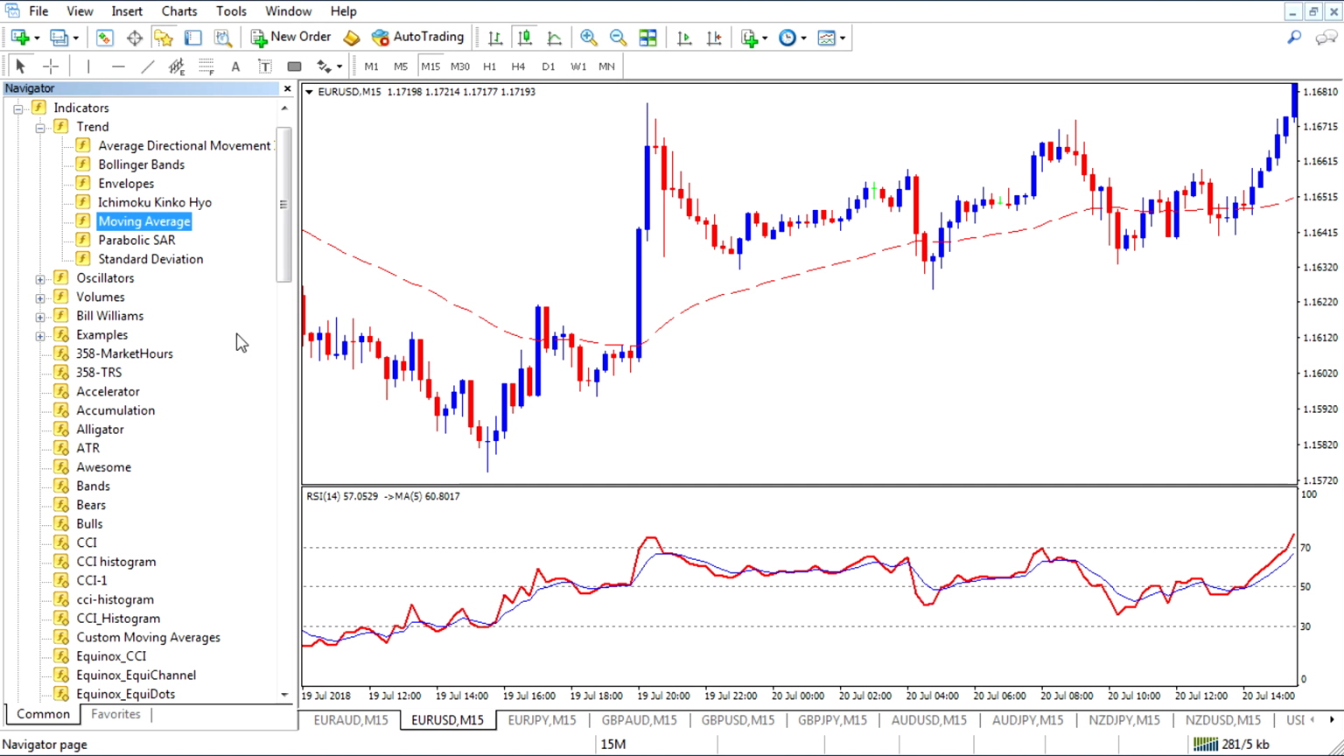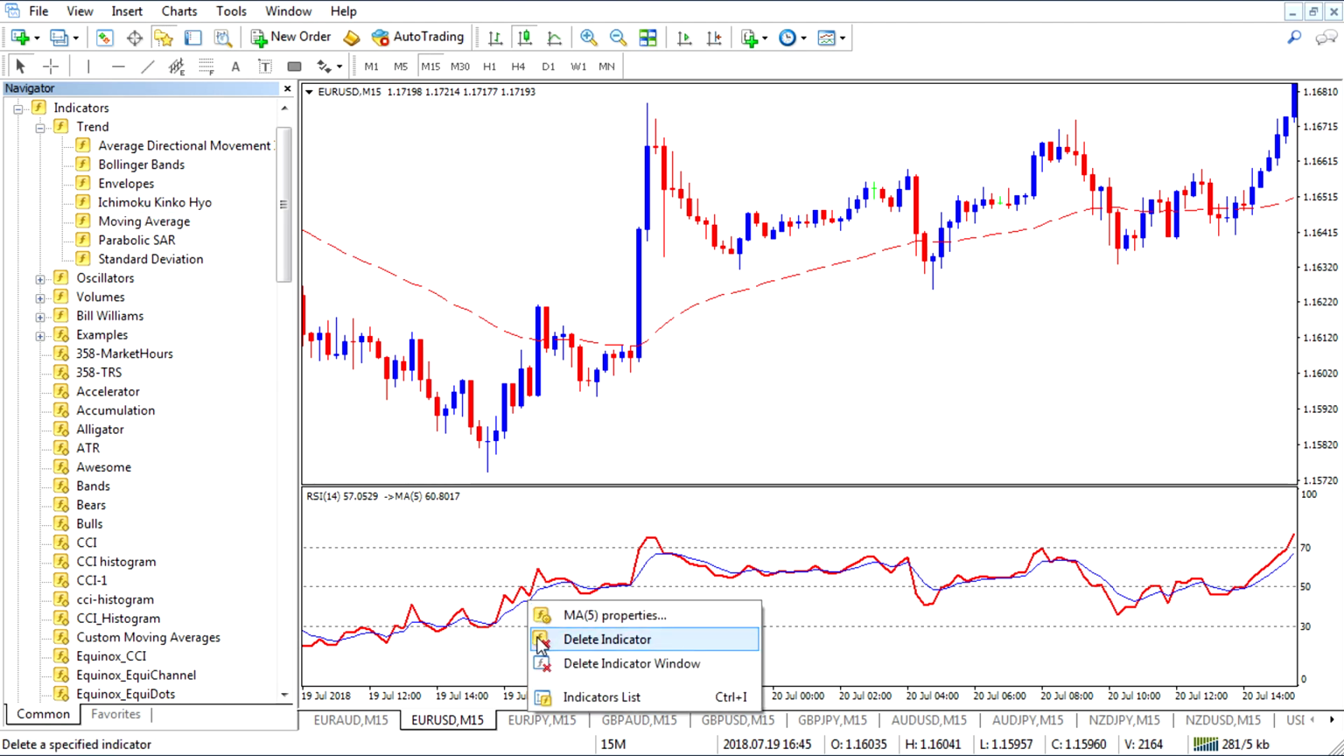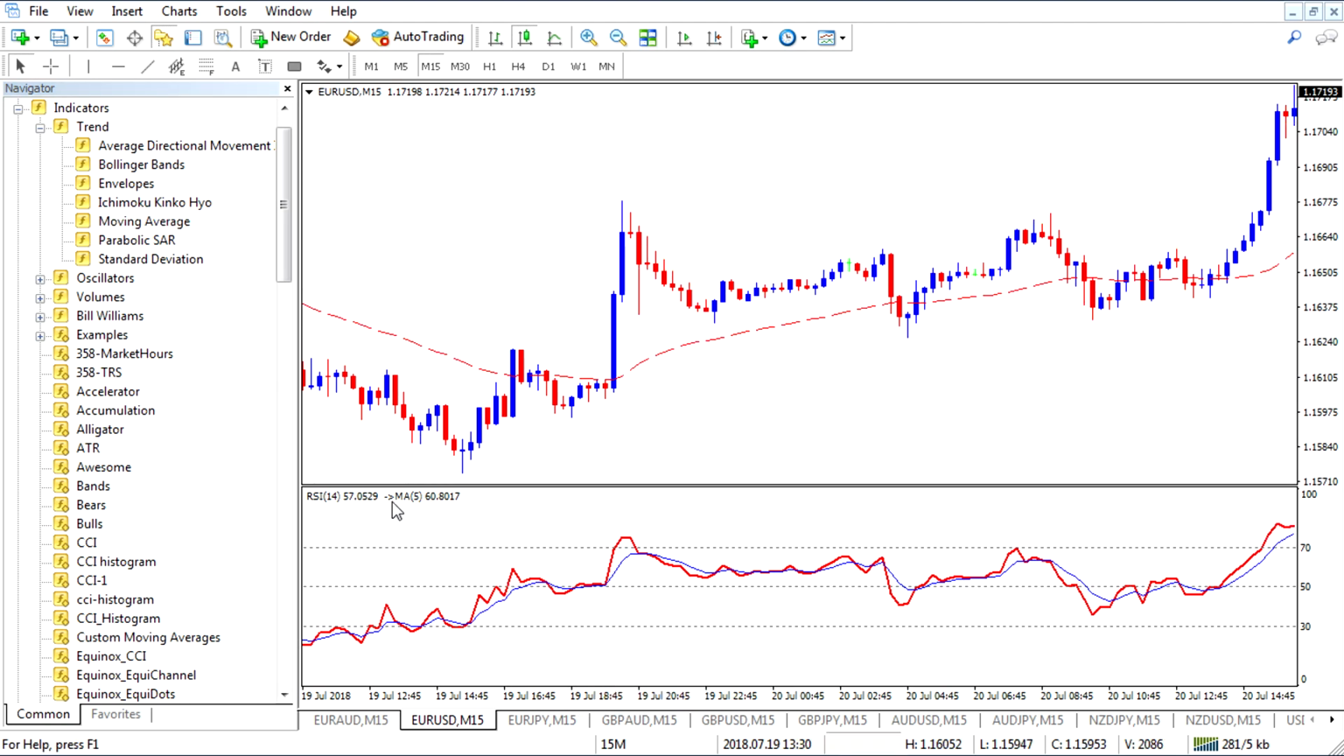Now, there's something else that we can do. Let's say I want to have two different CCIs together. So I'll do that. I'll delete these. But before I do, I just want to show that we've got both of the indicators in the window here. We've got the RSI 14, the moving average 5. So it shows us that we have two different indicators. So I'm going to delete these,